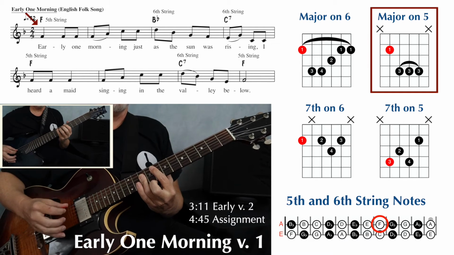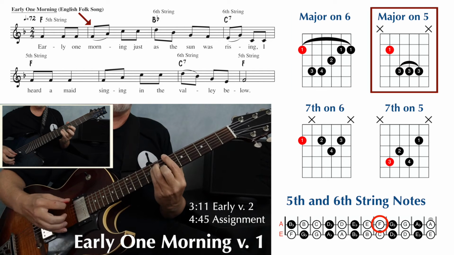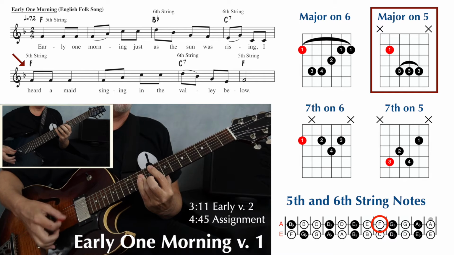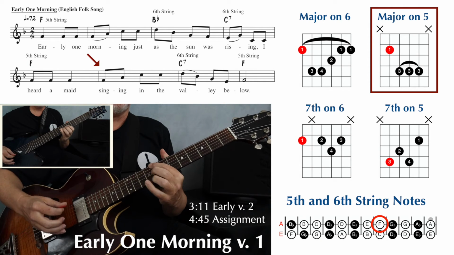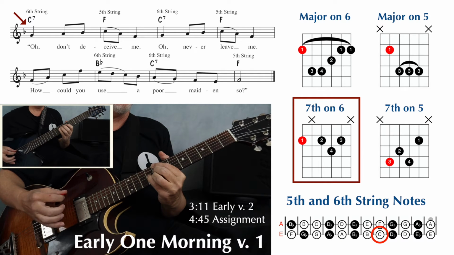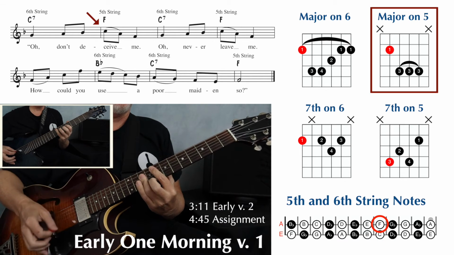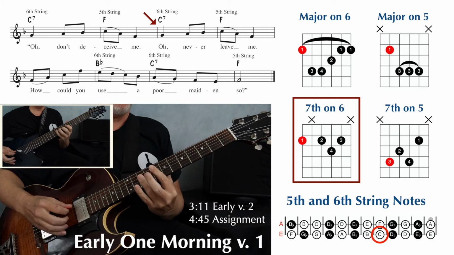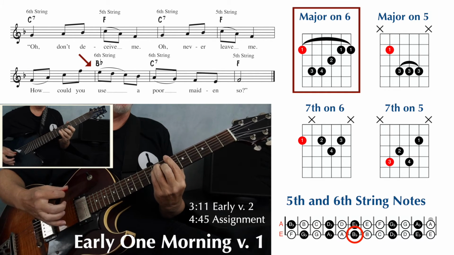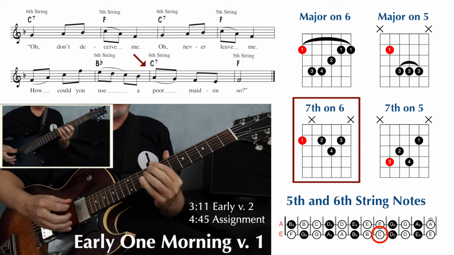F, B flat, C7, F, C7, F, C7, F, C7, F, B flat, C7,